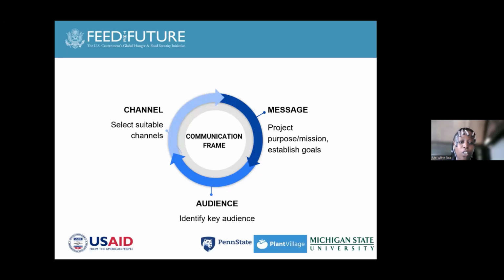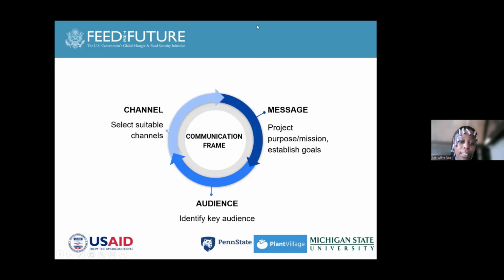And the what in communication is the channels or the different platforms that can be used to communicate your research project. And one of the platforms, which is the bare minimum that any project should have, is a website. So it is important to have a web presence, and your project should provide regular updates and accurate and transparent